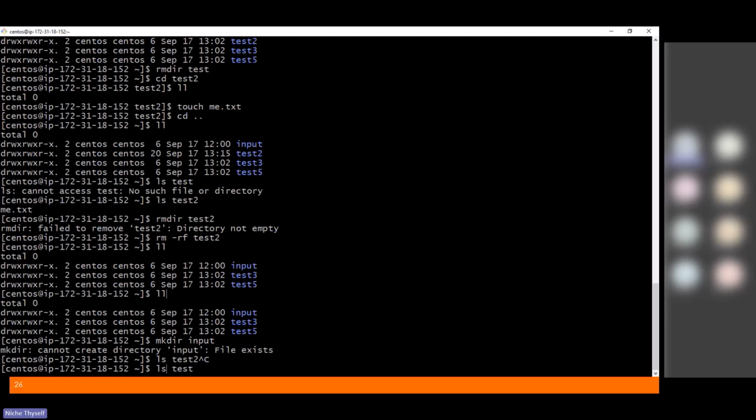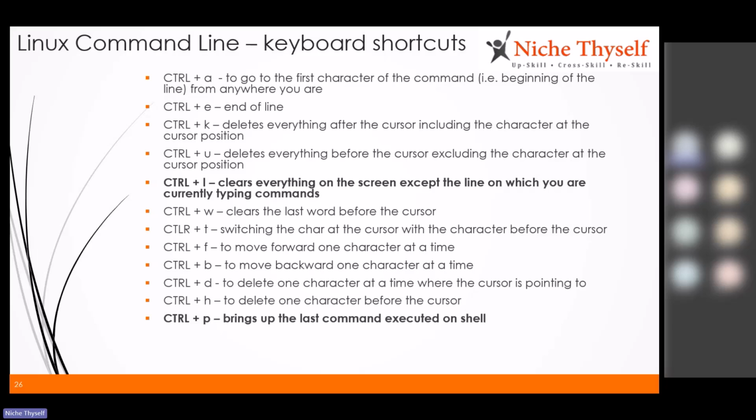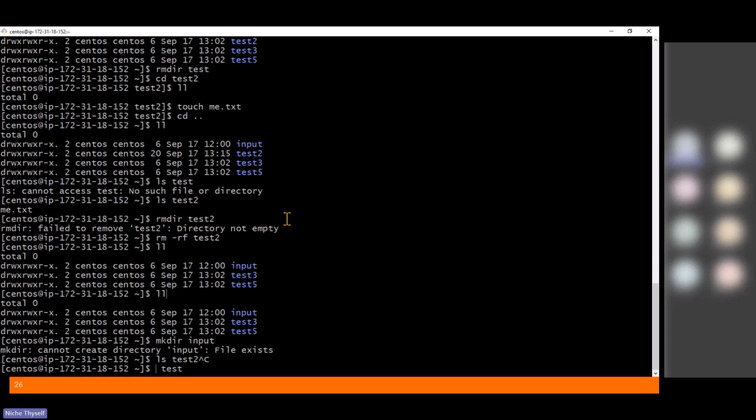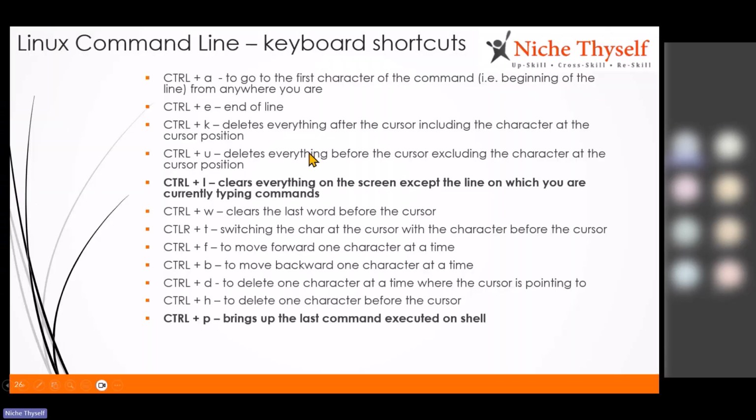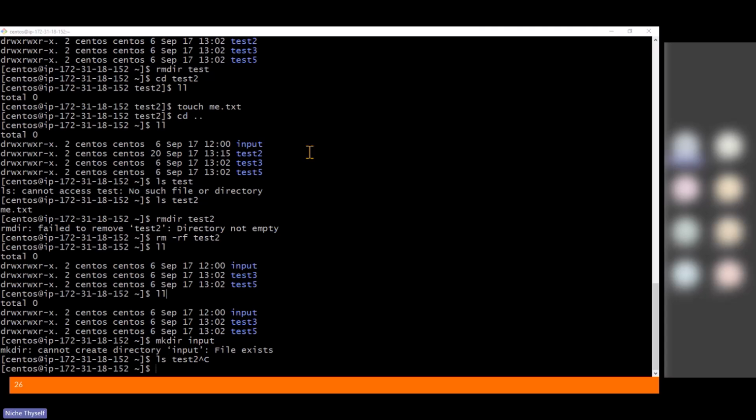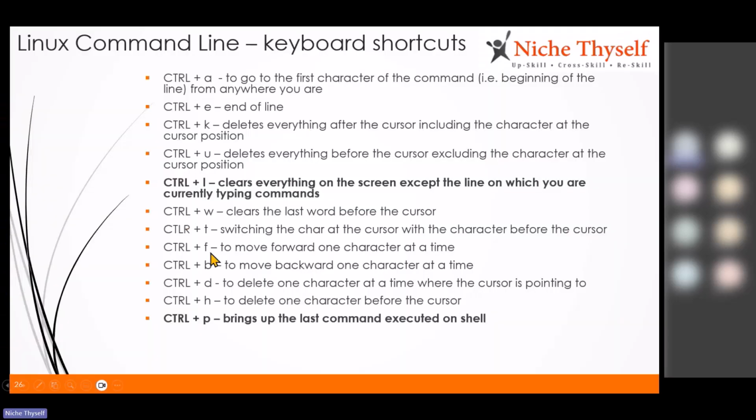So if I go here and type Control W, it will clear the word before the cursor. And after the cursor, I think Control U is there. Let me type Control U, no, Control K. After the cursor, Control K is there. Now it is removed. So use these shortcuts. Then Control F for moving forward, moving backward, deleting a character. I generally use the arrow keys, Backspace and Delete keys for all these operations. But if you really want to leverage these shortcuts, just note them down. I'll take a quick pause, and if you want to practice, just practice. And once you are done,